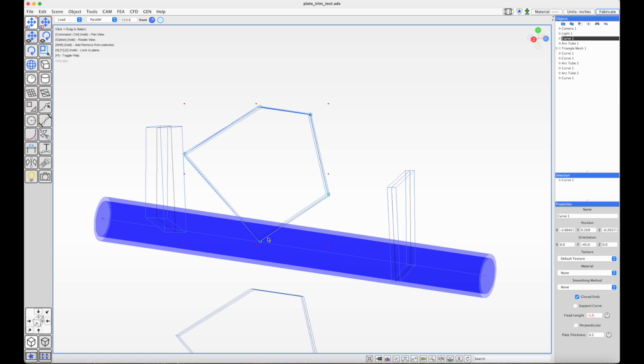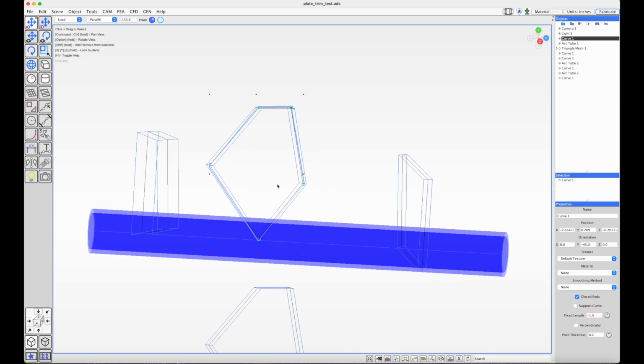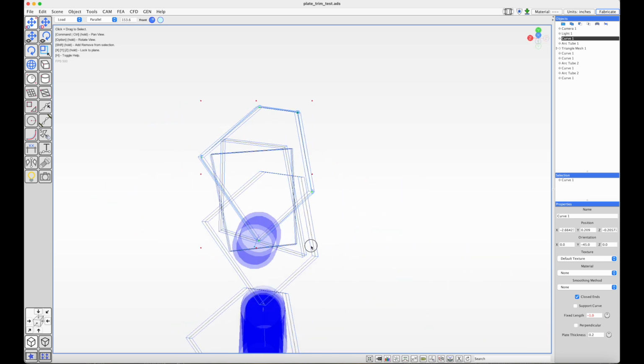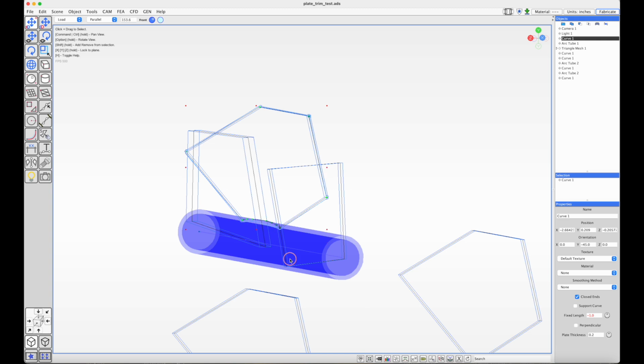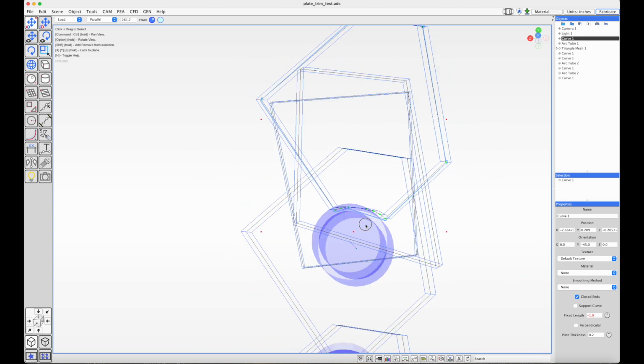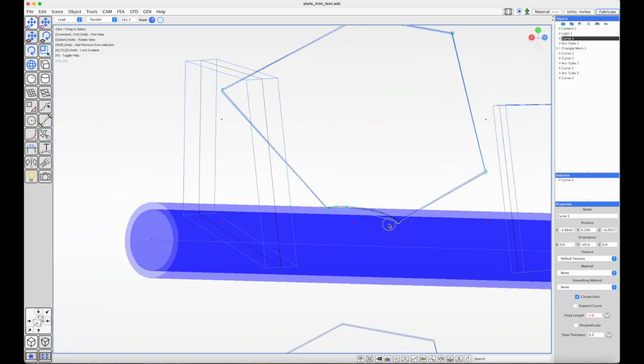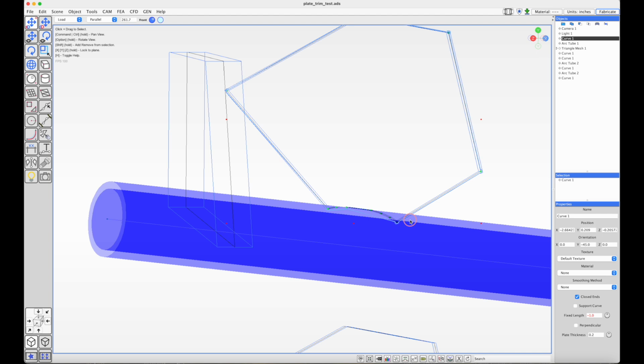These can be exported to G-code and then cut with the plasma table. The trim tool will let you select the tool as it intersects with other objects like this tube. It will notch the profile. You can see the plate is at an angle so that I can see how the cut will have to